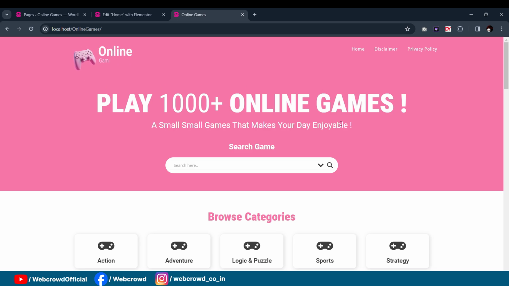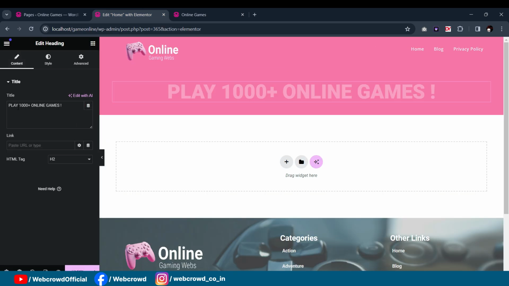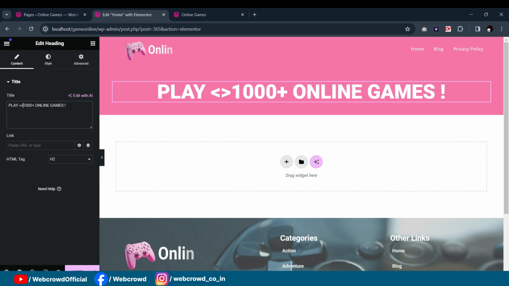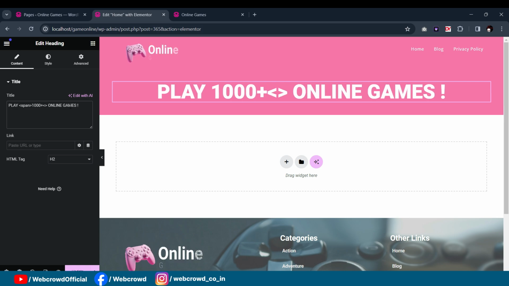We can easily write text like this. Let me tell you how to do that. If you want to independently design or style any text like this, you first need to enclose it in a span. So let me show you how I do it. So select this and we'll enclose this text in the span tag. So just open, then write here the span, okay. After that, at the end of this text, just enclose this tag